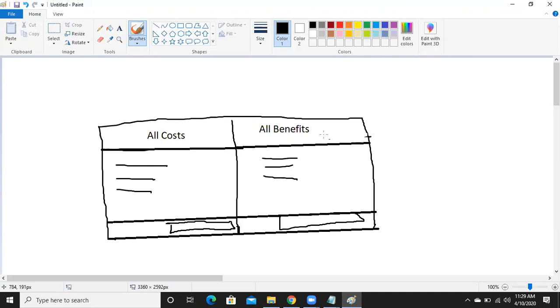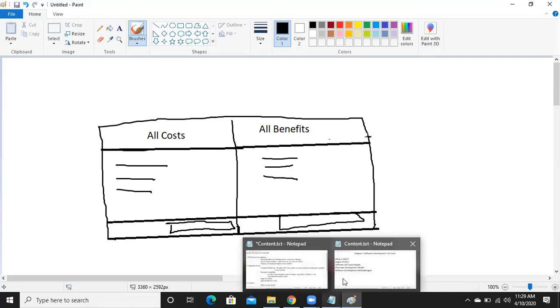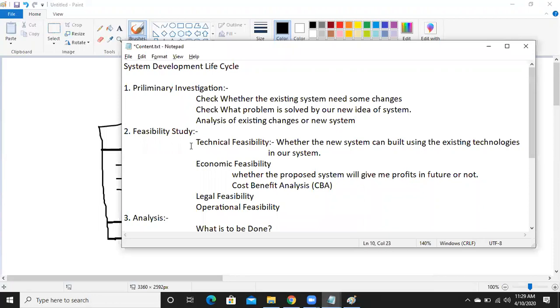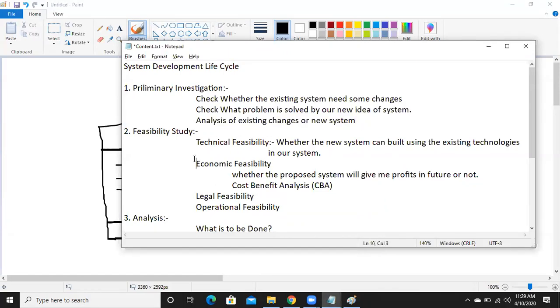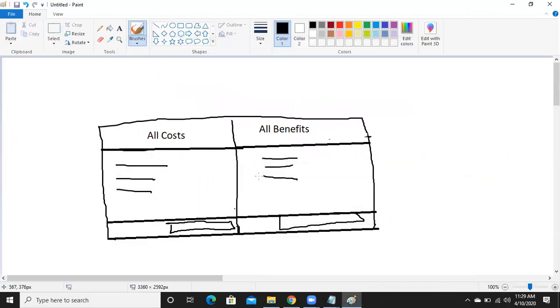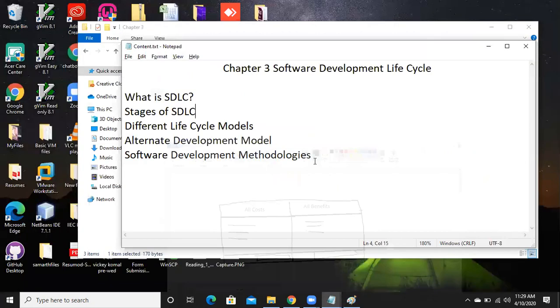So if, अगर मेरी cost ज़्यादा है मेरे benefit से, तो मैं क्या करूँगा, मेरा जो आइडिया है जो मैंने प्रिलिमिनरी इन्वेस्टिगेशन में डिसाइड करा था मेरा सॉल्यूशन, तो मेरे को उन सॉल्यूशन के अंदर कुछ चेंजेस करने होंगे, मेरे को दूसरा सॉल्यूशन अडॉप्ट करना होगा, एंड आफ्टर अडॉप्टिंग द अनदर सॉल्यूशन फिर मैं उसकी वापस से इकोनॉमिक फीजिबिलिटी करूंगा। अगर फर्स्ट टाइम के अंदर ही मेरी जितनी भी कॉस्ट है वो जितनी भी बेनिफिट्स है उनसे कम आ जाती है, तो मैं वही सॉल्यूशन अडॉप्ट कर लूंगा, राइट।